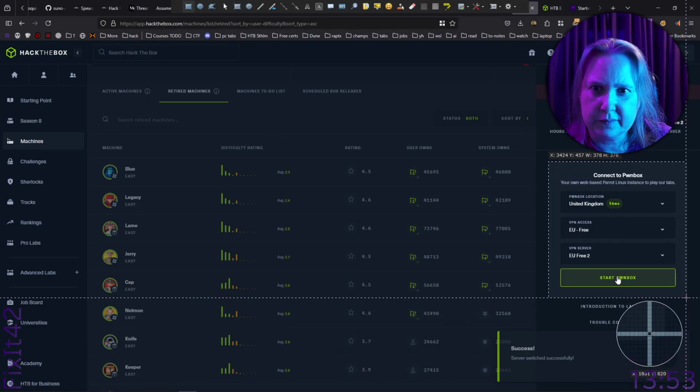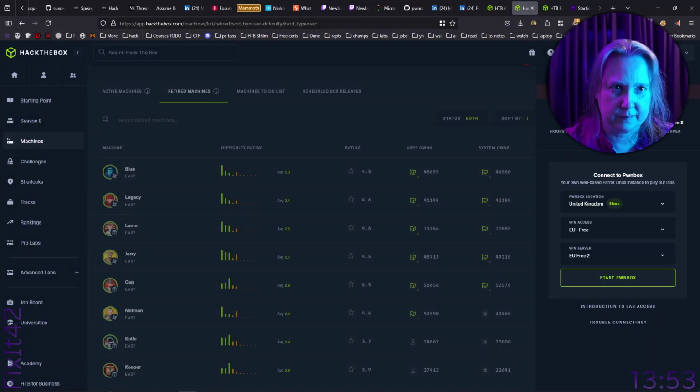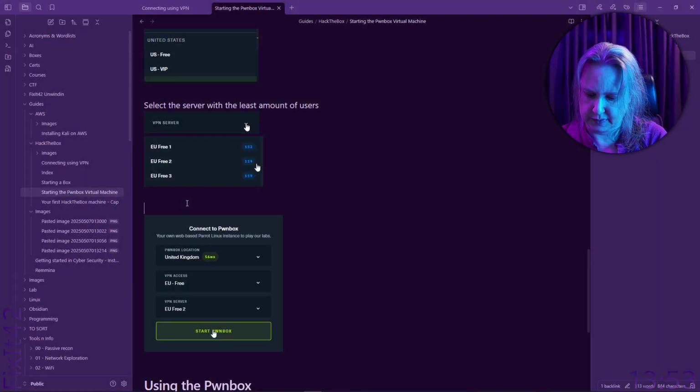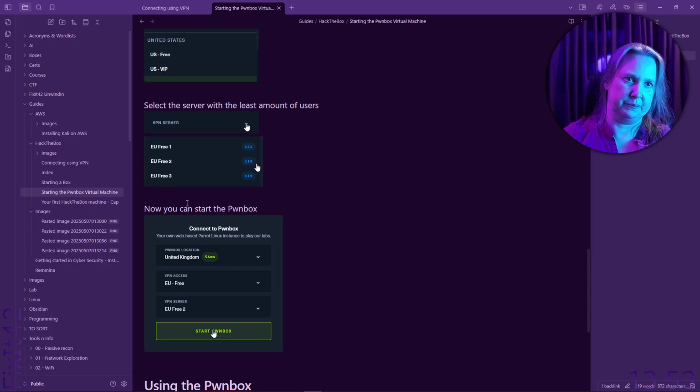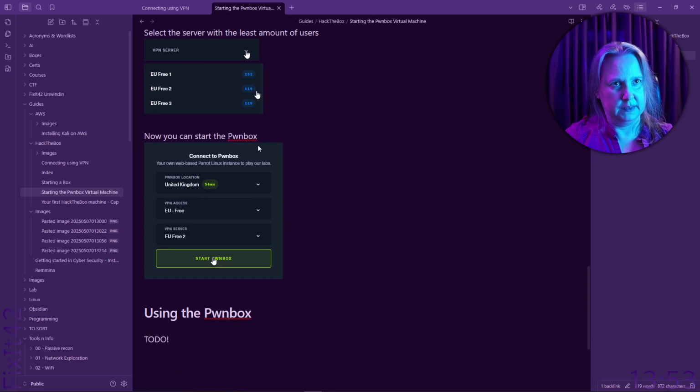There. So, and now you can start the Pwnbox. Let's do uppercase P there too. Why squiggle it when it has an uppercase P like a name? I don't know,